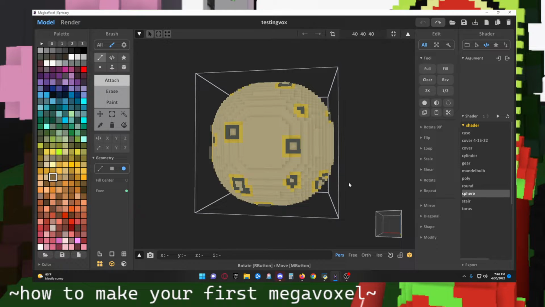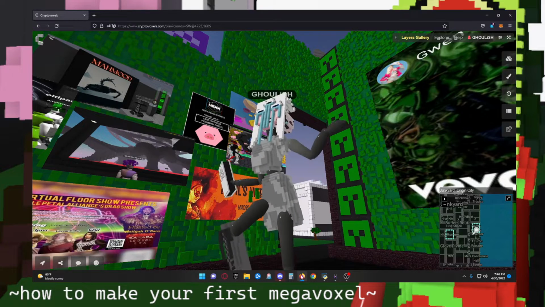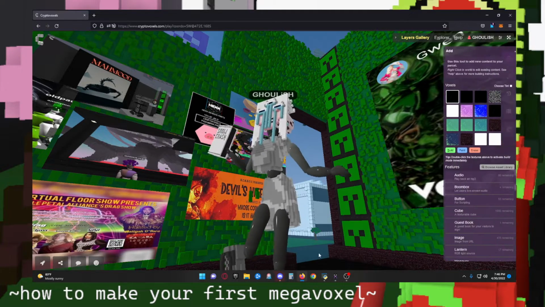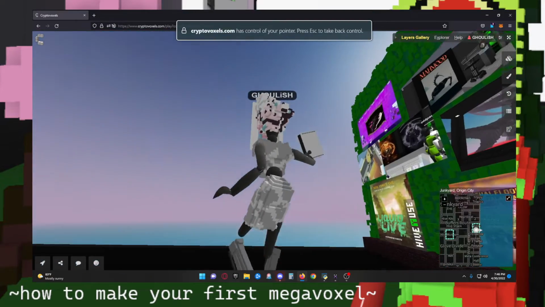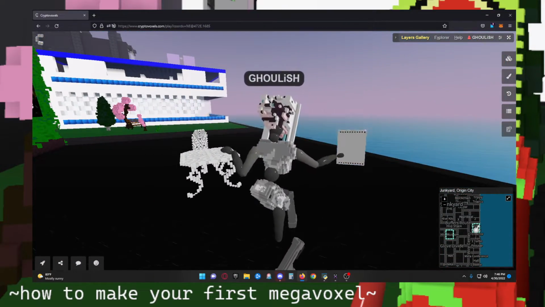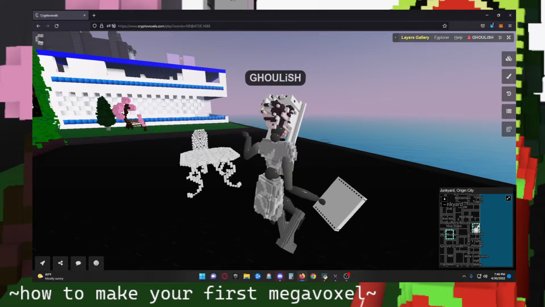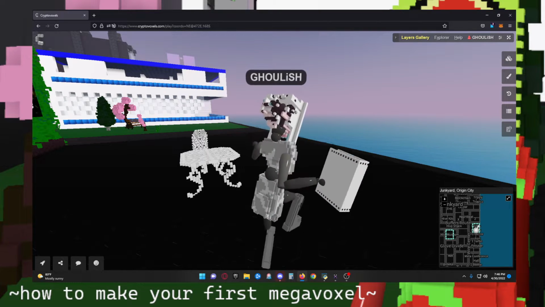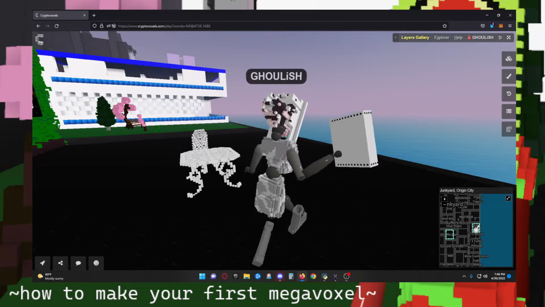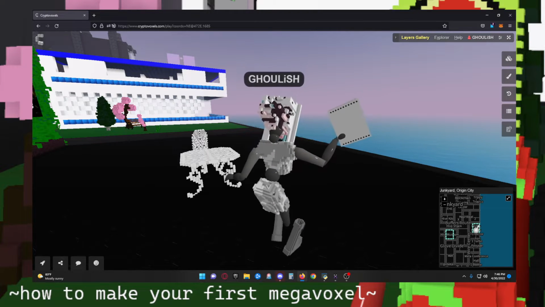upload it into your voxel space. So I'm going to show you how to do that as well. Okay, so we're in voxels, which to get to this point you'd have to sign in through your MetaMask and all of that. So once you're in the place that you're building, you're going to go ahead and press tab